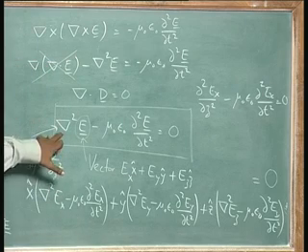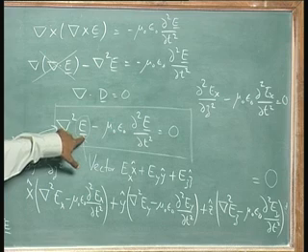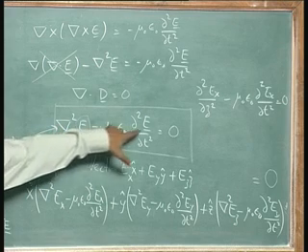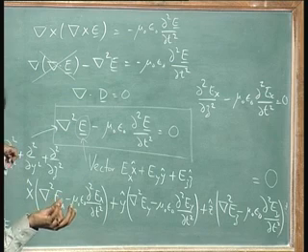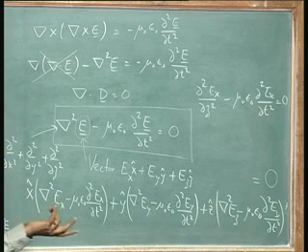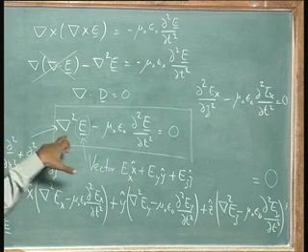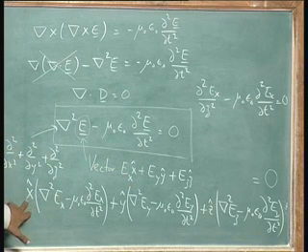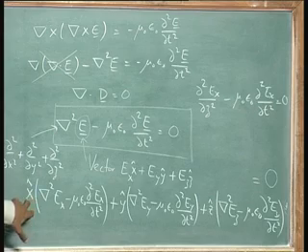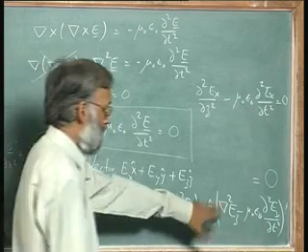I have just written it out. This has an E x x hat plus E y y hat plus E z z hat. So does this. So the unit vector along x is a constant. So it is not affected by del del t, it is not affected by del squared. So I can pull it out. So I have collected all terms with x hat in it, all terms with y hat in it, all terms with z hat in it.